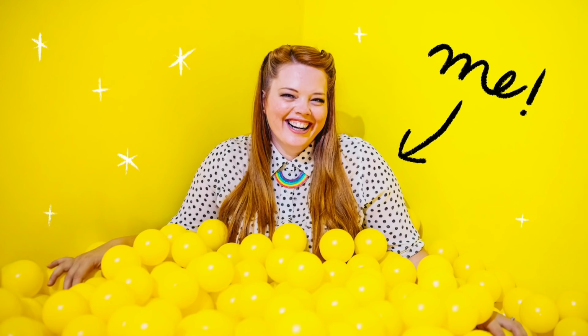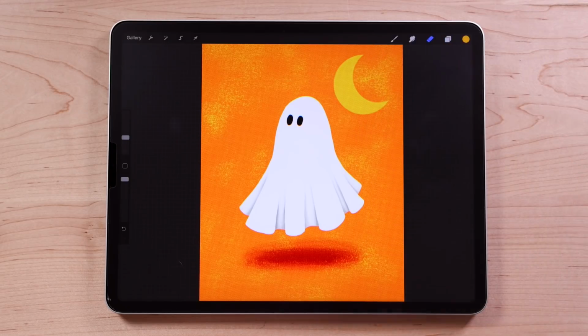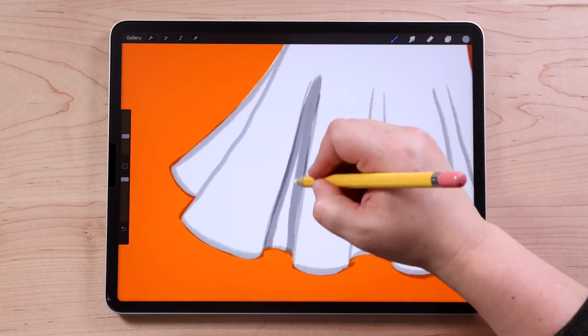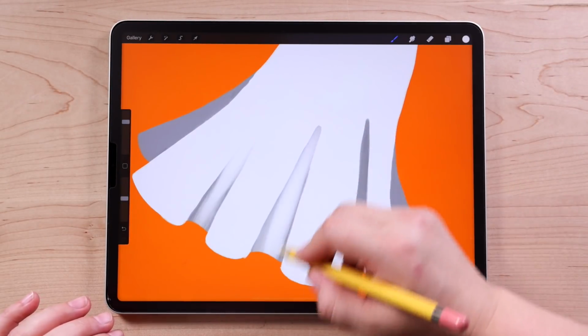Hi, I'm Lisa Bardot, and today I'm going to be teaching you how to draw this cute little ghost in Procreate, and I'll be showing you this really cool vintage press printing effect that you can use in a lot of other Procreate artwork as well. You'll also be learning a lot about how to use layers, clipping masks, a really cool technique for drawing fabric,